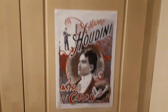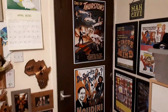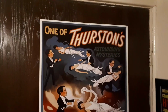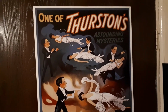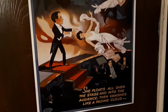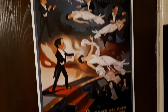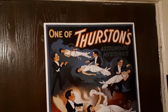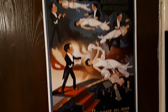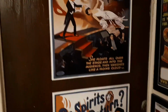And of course then we've got Houdini, King of Cards. A couple of new additions to the back of the office door there. Picture of Thurston performing what looks like an absolutely amazing levitation. Apparently she vanishes. Now that sounds a lot like Azra, but with Azra there's a cloth over, so is it theatrical license, this picture? Did a cloth get used, or is this some amazing long lost illusion? And then